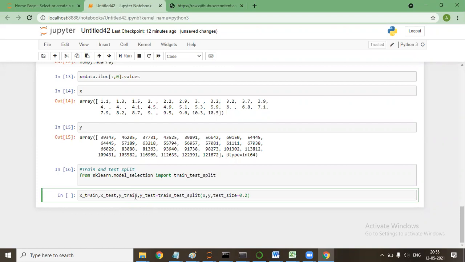I want to keep 80% of the data as train and 20% as test. With me? Yes. I'll again use a thing, random_state is equal to 1. I'll tell you what random state is, don't worry about it. But if you're clear till here, then I'm fine.